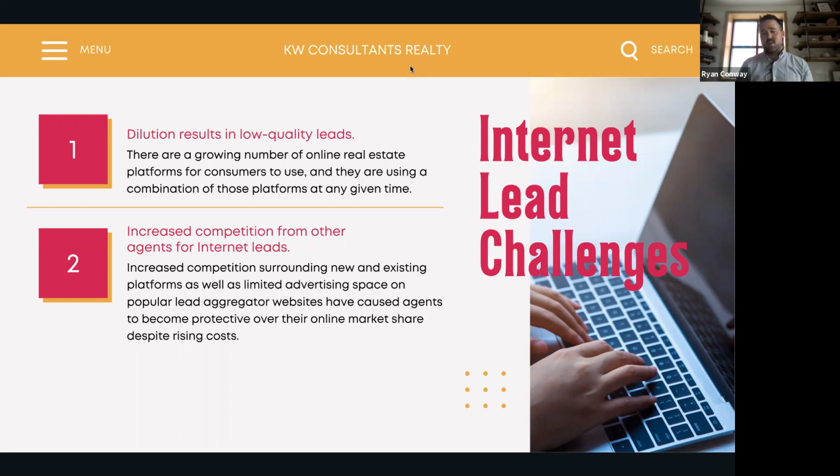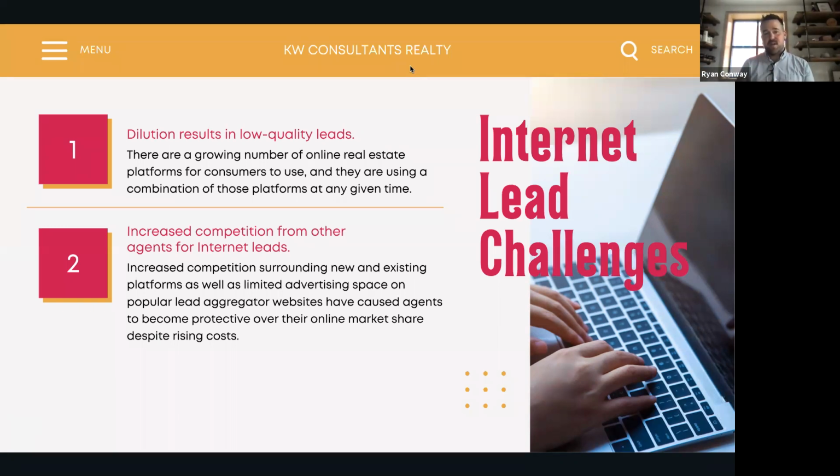Year after year, generally in the US, there are about 6 million home sales. The number of online inquiries is increasing at a much greater rate than that. I think a few years back it was maybe 20 million online inquiries a year. It is now well over 100 million online inquiries a year. Yet the number of closed sales is still right around 6 million across the country. So what that's telling us is there are way more inquiries, and sometimes it's the same people going multiple times on different sites, different platforms, different listings, inquiring. So it's not just creating more leads, it's sometimes more of the same people clicking in different places.